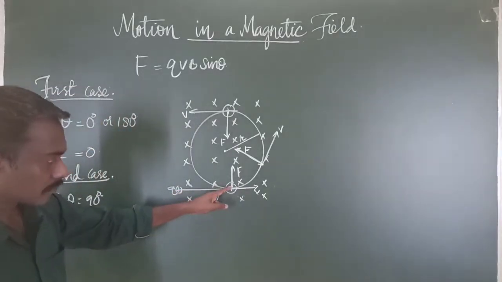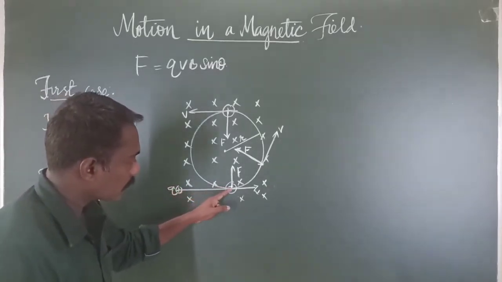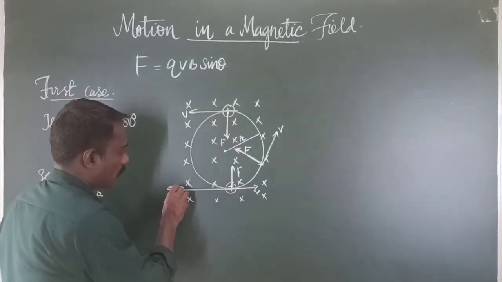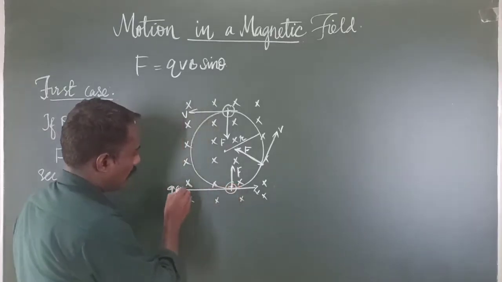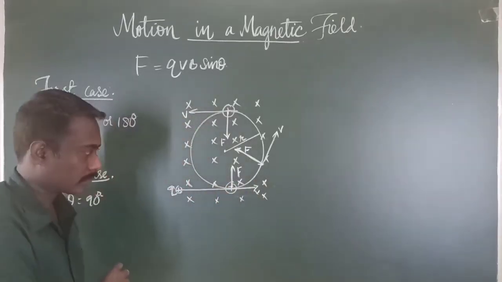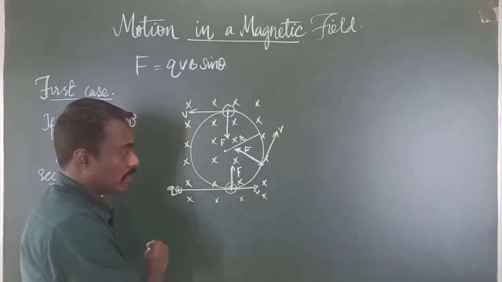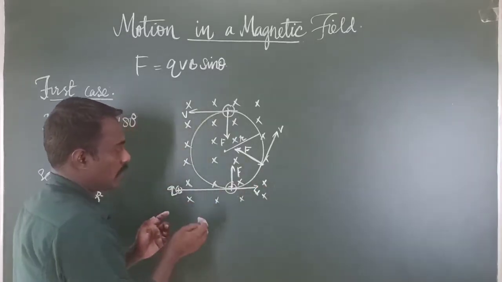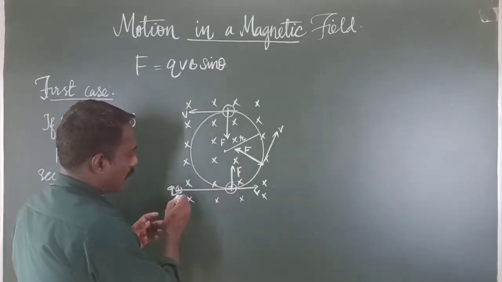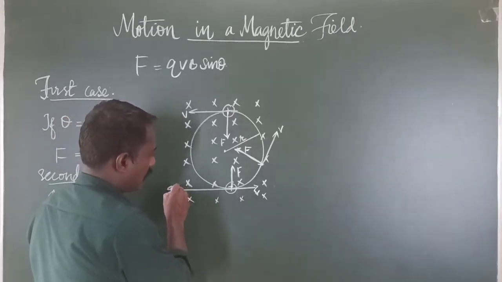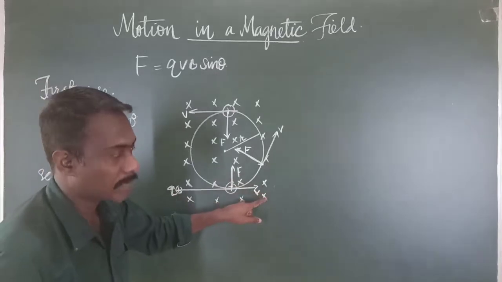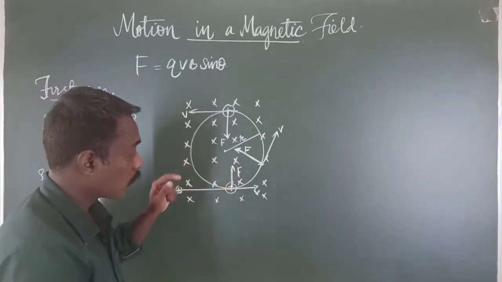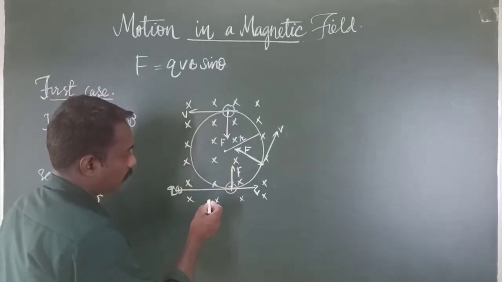So in that case, here a charge Q, positive Q, is entering the magnetic field. If it moves along the direction of the magnetic field, the velocity vector is in the same direction as the field, so no force is exerted. But when this charge enters perpendicular to the direction of the magnetic field, the force exerted on the charge will be maximum. If the force exerted on the charge is maximum, then what happens?